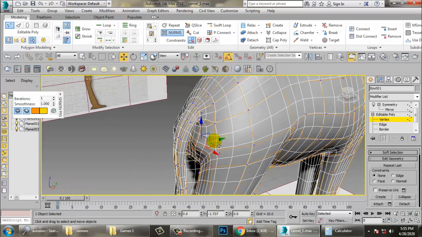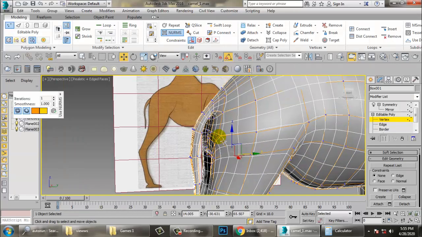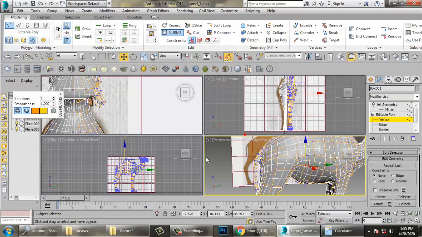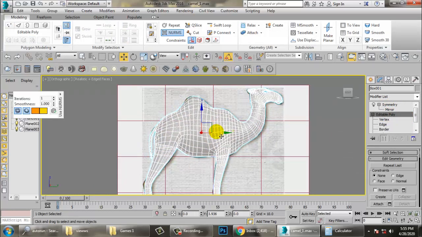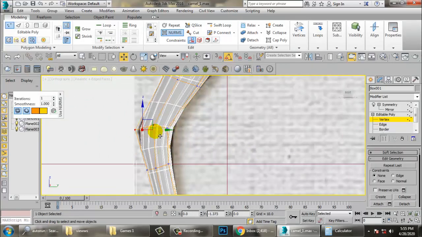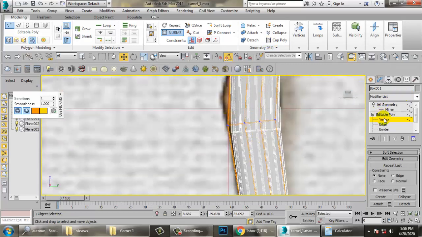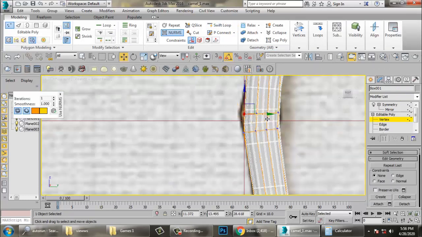So just adjust it. So need to adjust it accordingly. So push this. We are just tweaking all this stuff to give it a proper look. So let's again go over here and let's use one loop over here, push it back.